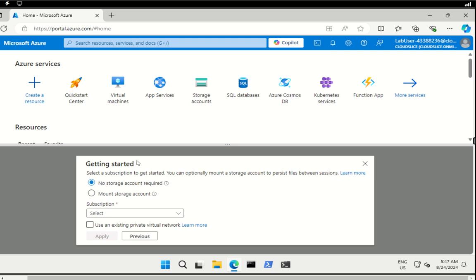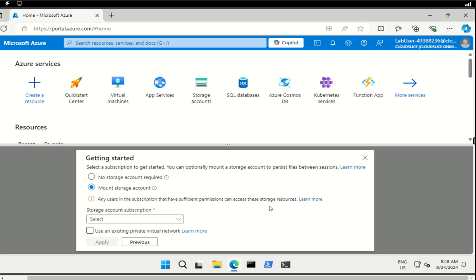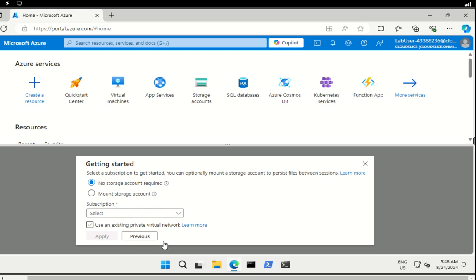Now we might need a storage account in the upcoming labs. So usually we choose mount storage account because we might need to upload, for example, a JSON ARM template, a Bicep file, or some XML file, any kind of file that you might want to include when you run your PowerShell or Bash CLI. So it's highly recommended we create a storage account for those files so you can upload the file. If you choose no storage account, you cannot upload any file temporarily into the Cloud Shell, so you cannot run the command that runs the script